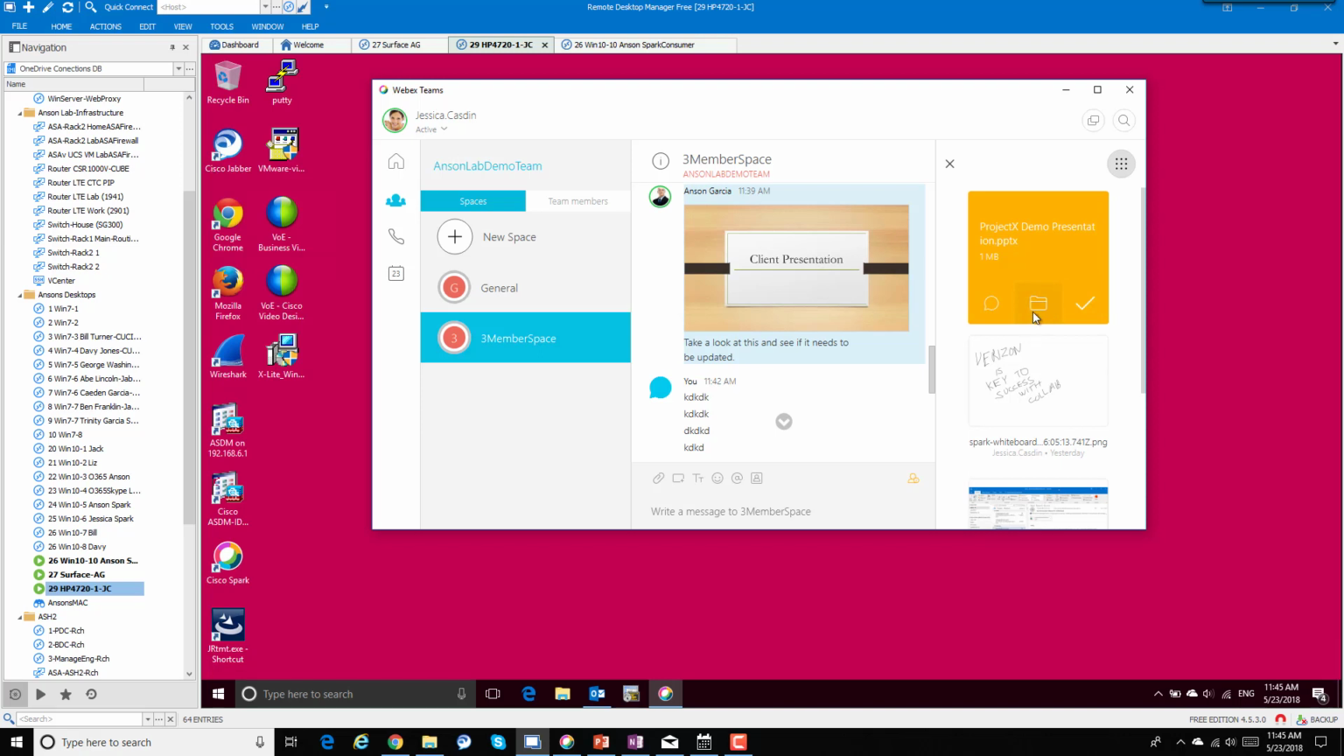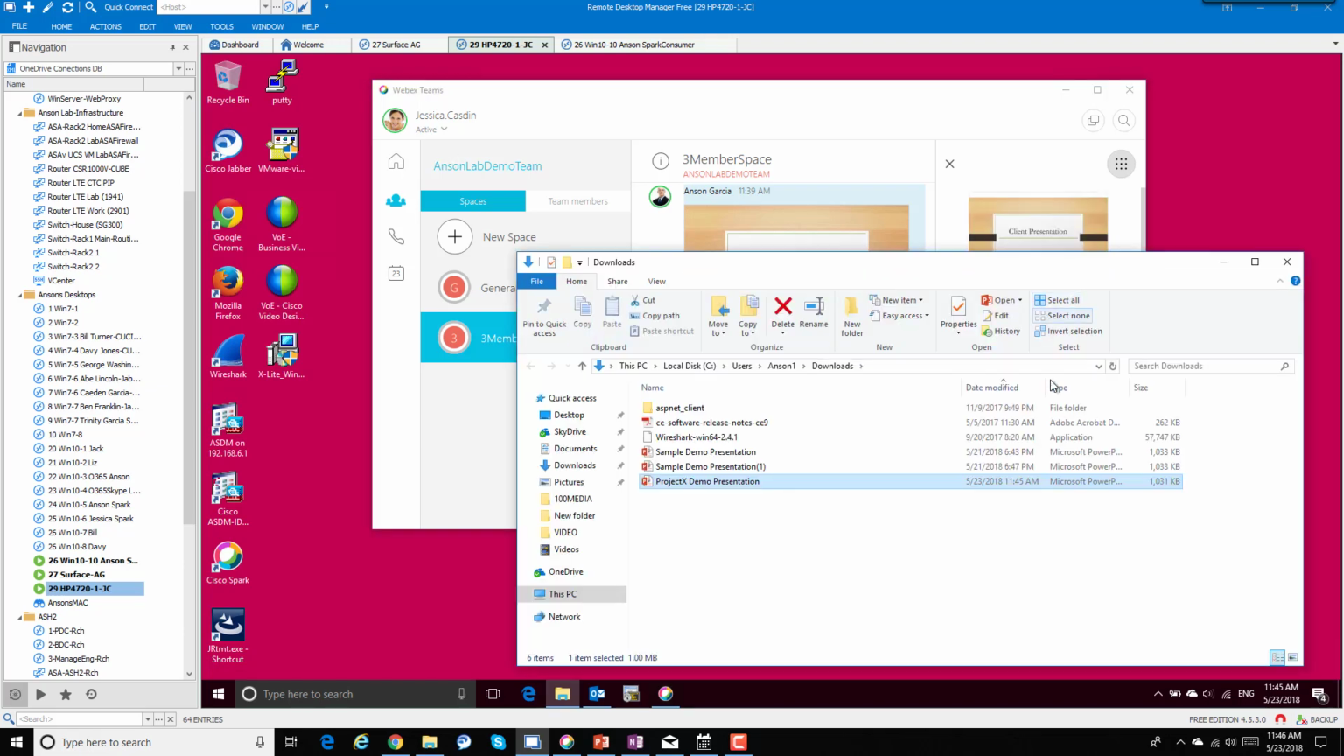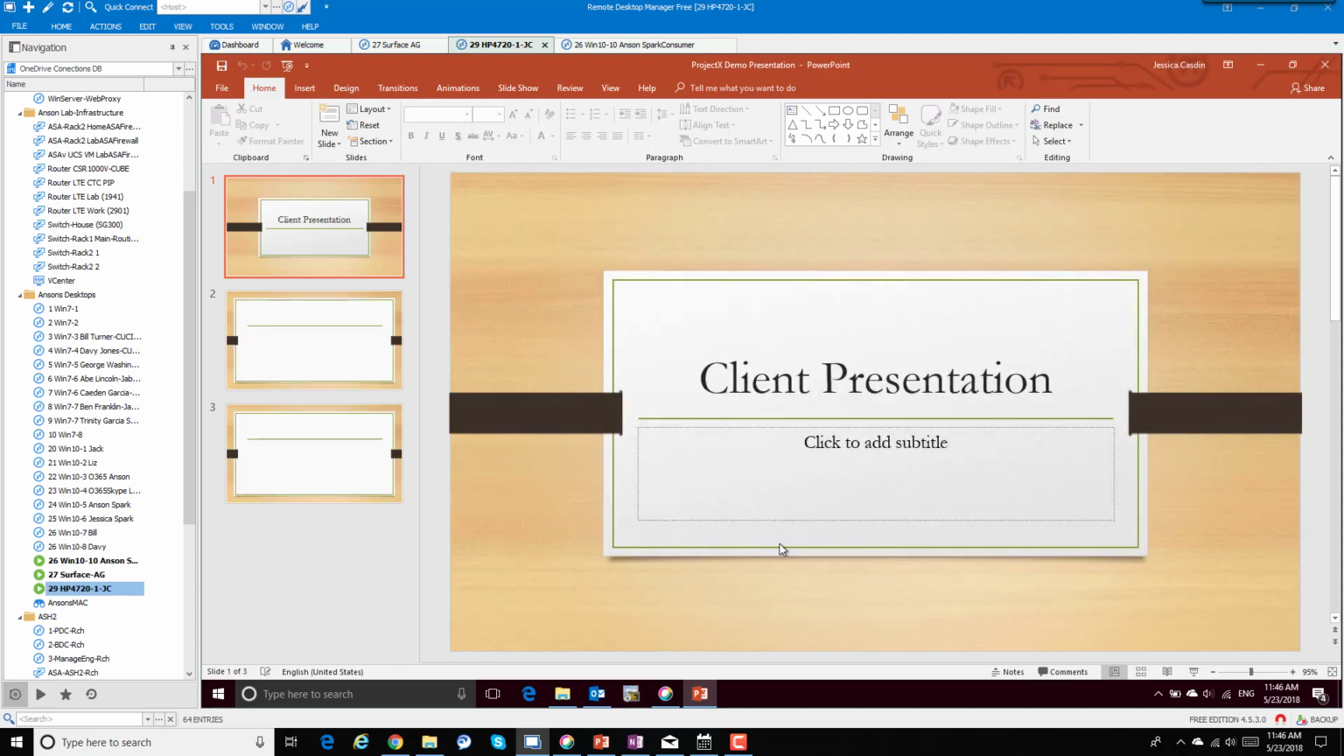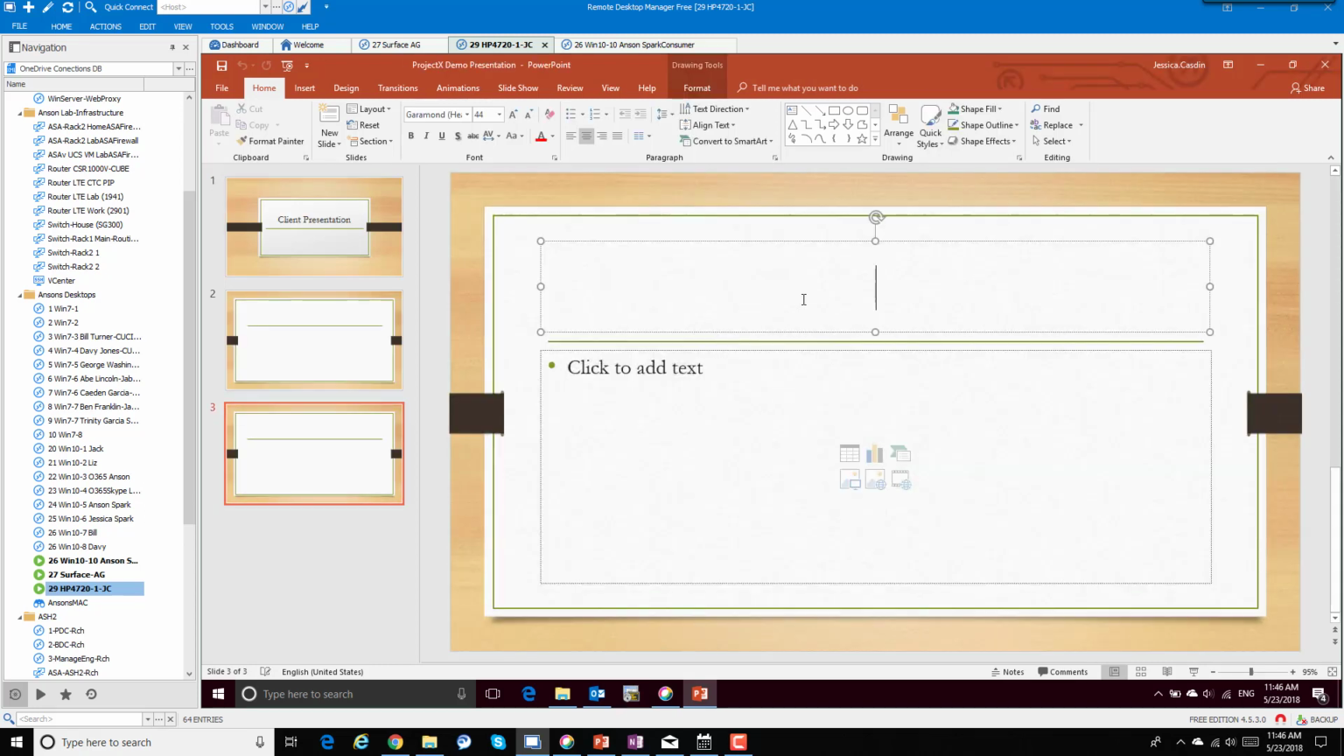And what that does, I don't have to, remember I was talking about Jabber, and when you download files you had to go hunt for them if you had closed the application. Now you have this little folder, and I can just open that folder right there, and it's going to take me right to where that document was downloaded. So I can just click on that document,